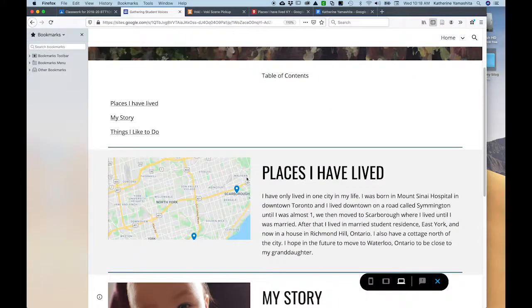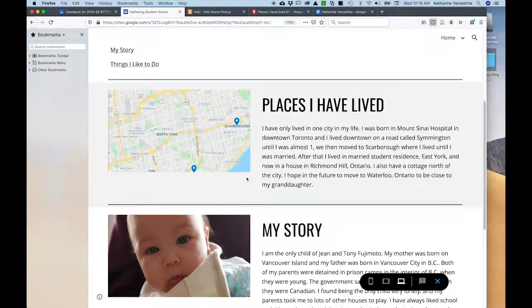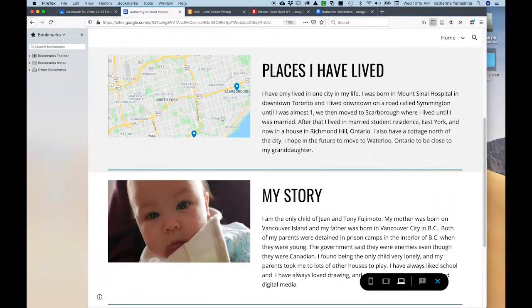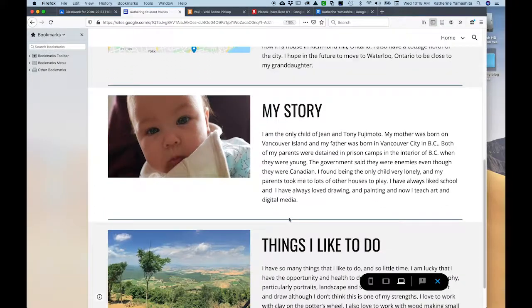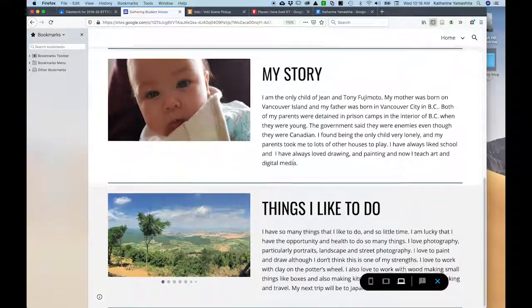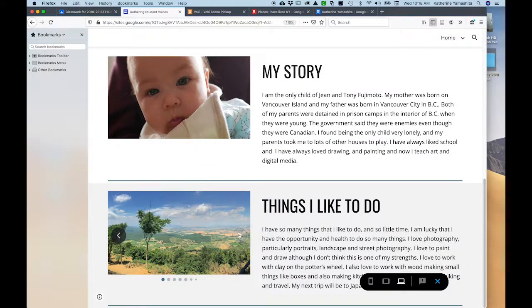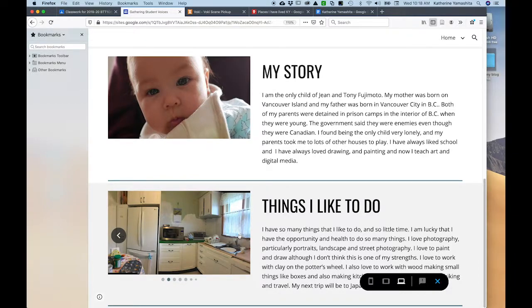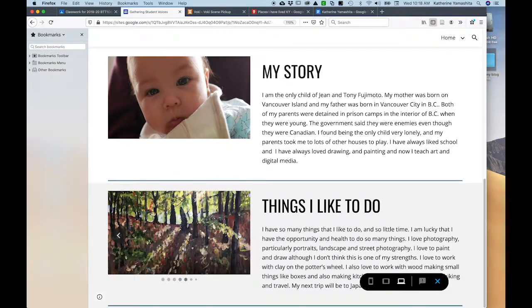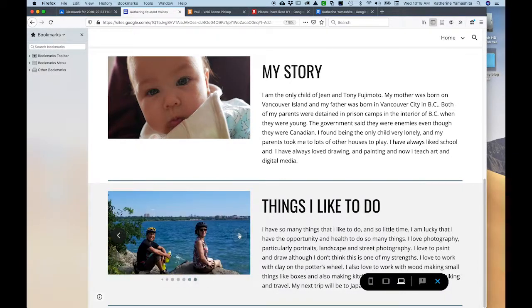There's a table of contents here, and the places I have lived. You'll notice the images resize themselves so that they're kind of okay. I don't know why this particular one doesn't fit nicely into the My Story. I'll have to play with that one again. And the things I like to do is an image carousel. And you can see it scrolls through images of the things I like to do. Okay, so we're going to exit that